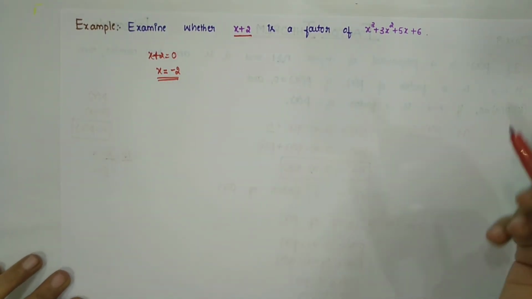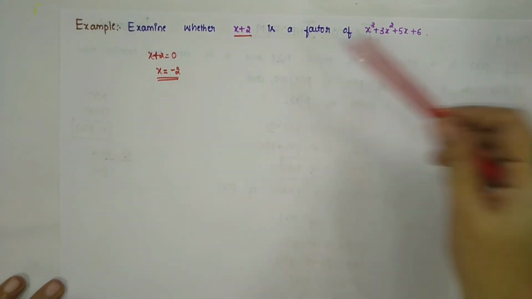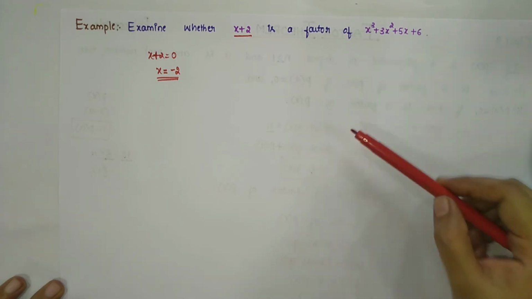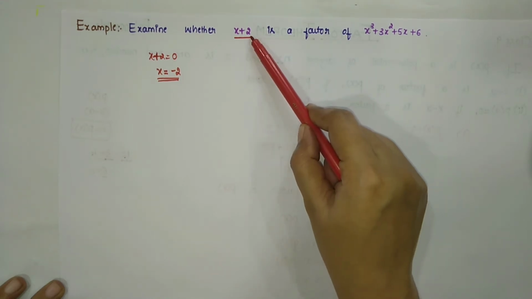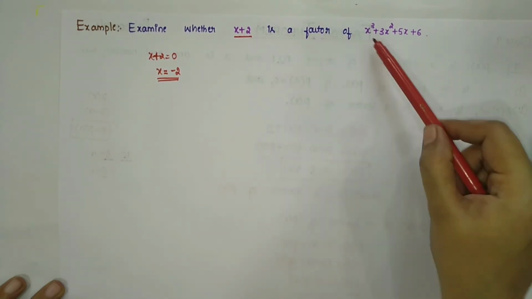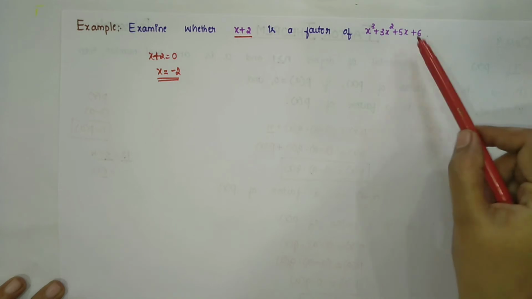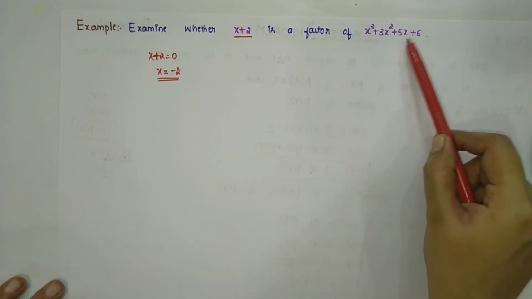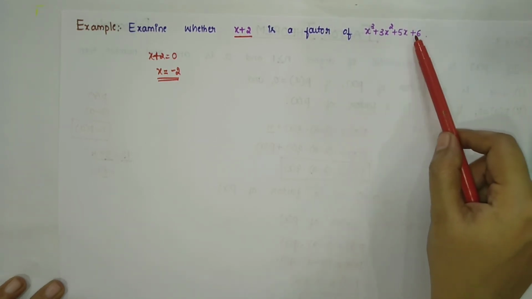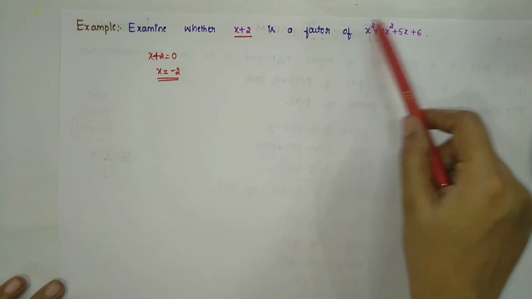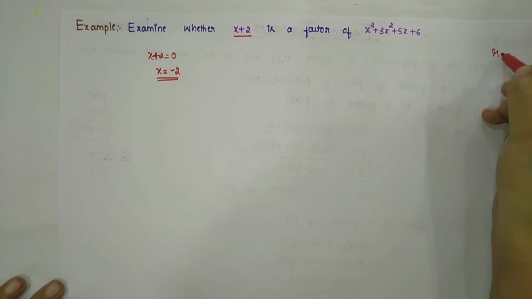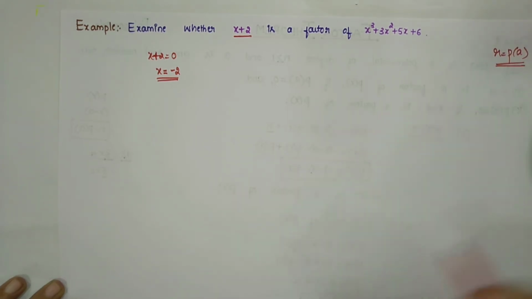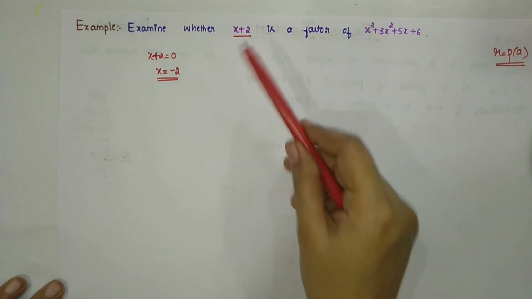As we do in the remainder theorem, that is, from the remainder theorem we know that to find the remainder, first we will find the value of x from the given linear polynomial, and that value of x you have to replace in the given other polynomial, that is p of x of degree greater than or equal to 1. After replacing that x value, you will get the value of the remainder, because from the remainder theorem, the remainder is given by p of a. And here a is nothing but the value of x.